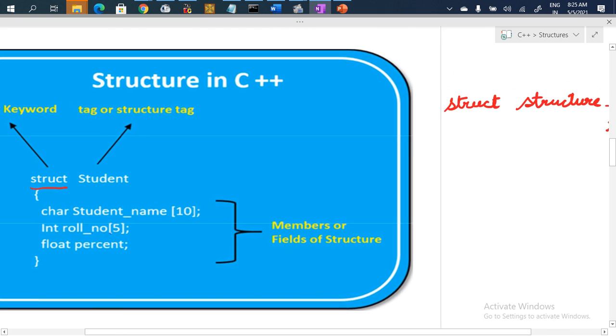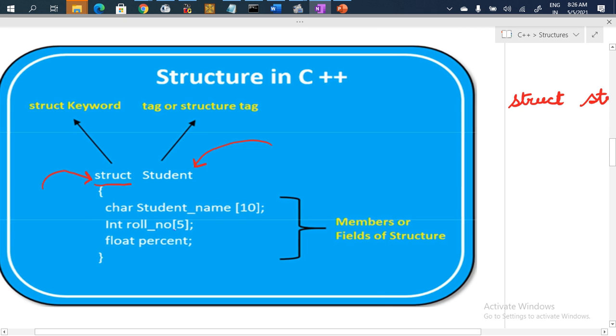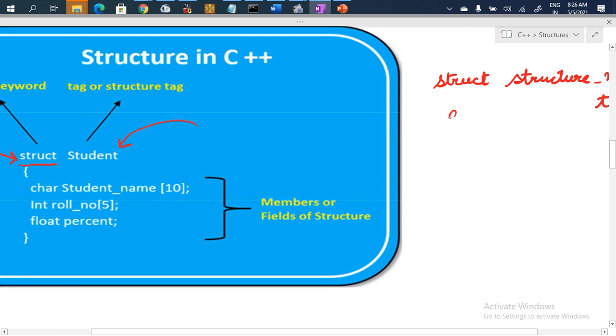Fine. So this is a keyword which we are using, which will tell the compiler that we have defined and we are using one structure with this keyword. And here we are going to give the structure tag or a simple tag or a structure name. After this we have the curly braces. After that we can define different types of data types, and that can be used inside one structure.